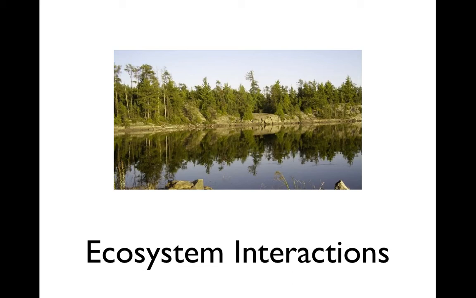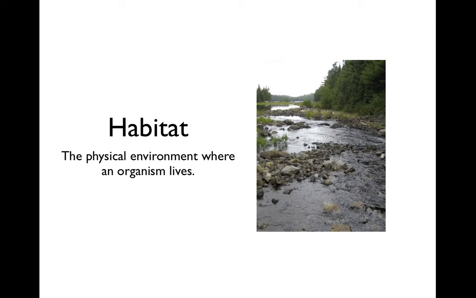Now, chances are you've seen and you know what a food chain or what a food web is. You would have seen this in grade 7, but grade 7 was a long time ago. So we're going to recapture some of that information and bring you back up to speed. So here is our first term, habitat, and we talked about this at Wrigley Corners. This is the physical environment where an organism lives. Okay, so that's what a habitat is.